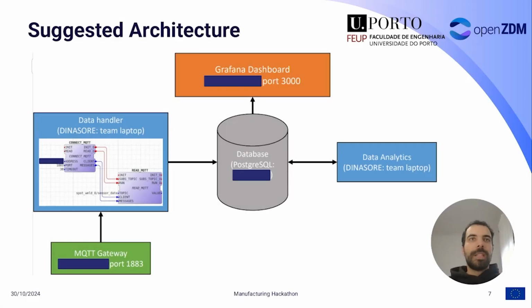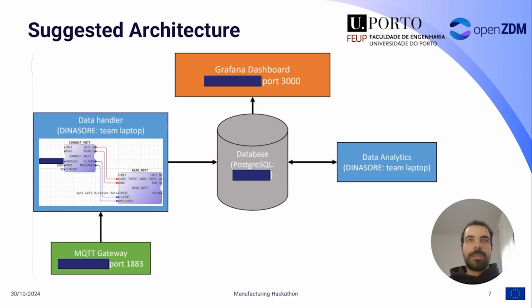After introducing Dinosaur, we'll present a possible architecture to address the challenges from this use case. We propose an architecture to ensure that data could be handled, analyzed, and provide predictions in real time. The suggested architecture will integrate the following components: a data handler, which is a module to subscribe to data from the MQTT broker and transform it according to the database schema, storing the data in the database;